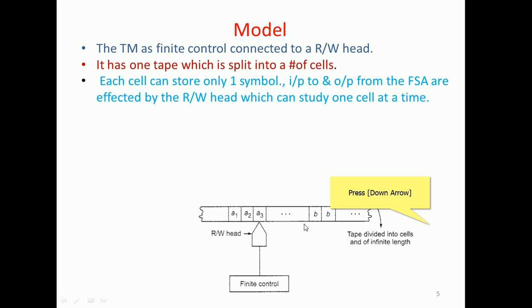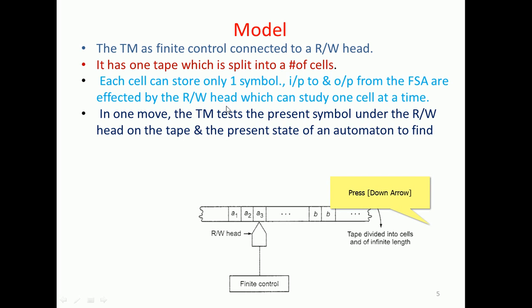That one cell contains one character. In order to observe that character in a cell, it is one attempt for each character. So in one move, the Turing machine tests the present symbol under the read write head on the tape, and the present state of the automaton, to determine